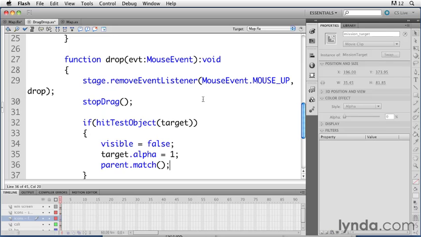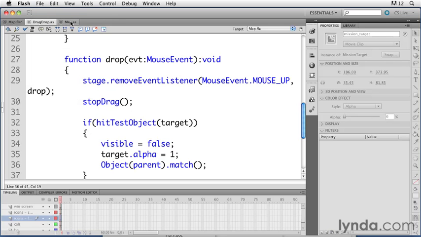Now take a second to think about anything that could possibly be wrong with this line of code. What do we have to add to avoid getting any errors? We have to tell Flash to treat parent as a different type of object. In this instance, I'm going to tell Flash to treat parent as an instance of the object class. So instead of movie clip, I'm going to use object. The reason why I'm doing that is because object always works. Again, if I ever change around my code a little bit to reuse this, and I use a different type of class for the parent class, my code won't break. So let's save this file